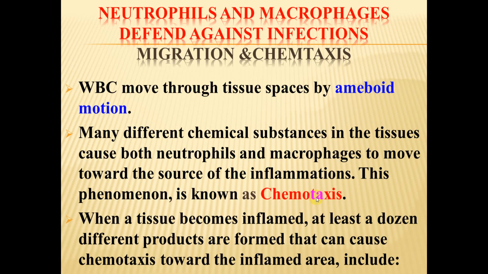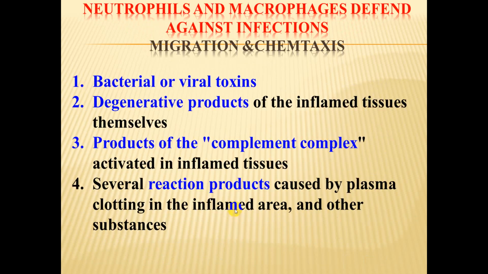They also stimulate other cells of the same type, the neutrophils and monocytes, and the call can even reach the bone marrow, leading to production of more and more of these cells until they destroy all the foreign bodies, because of the release of these chemotaxis. This is the summary. These chemotaxis include bacterial or viral toxins,